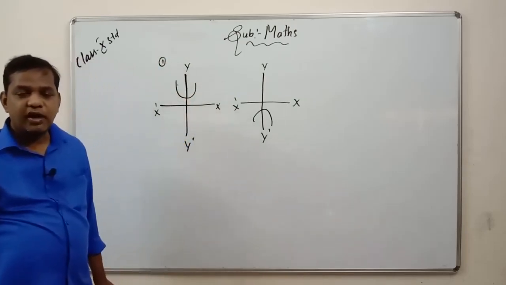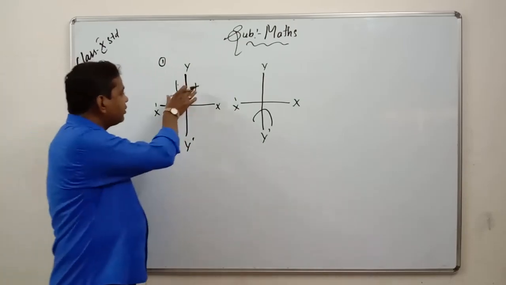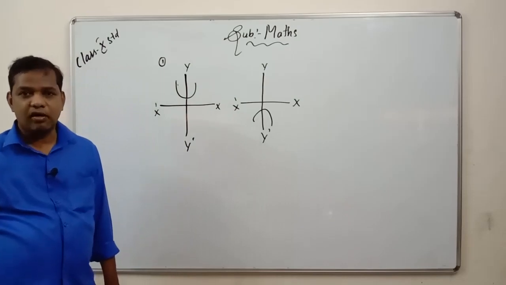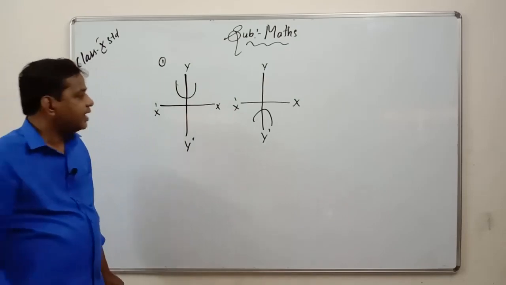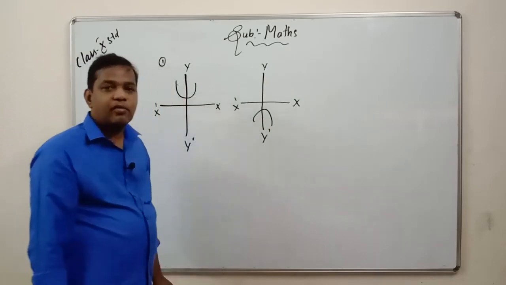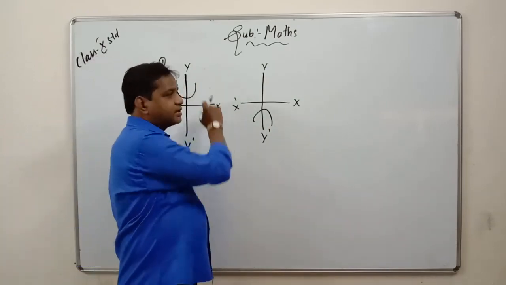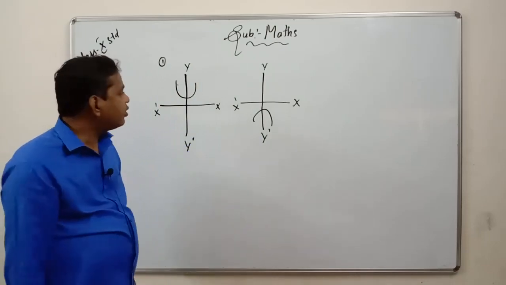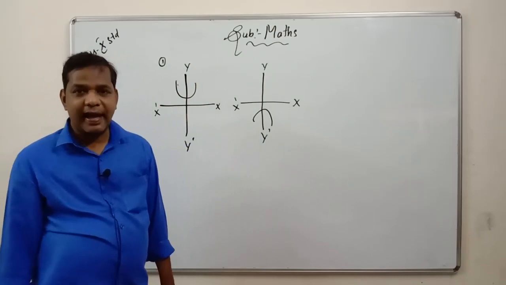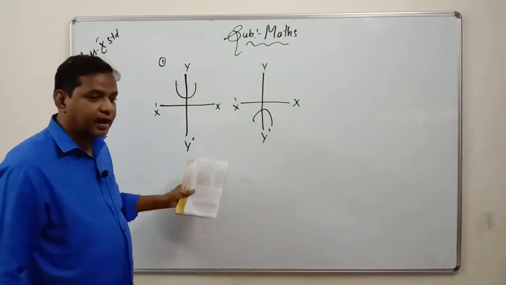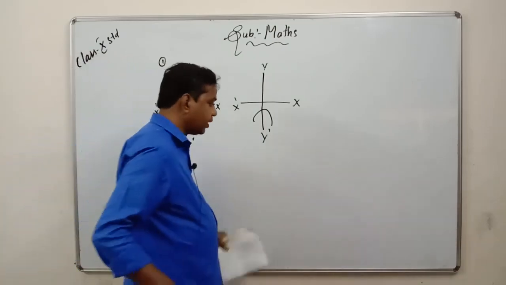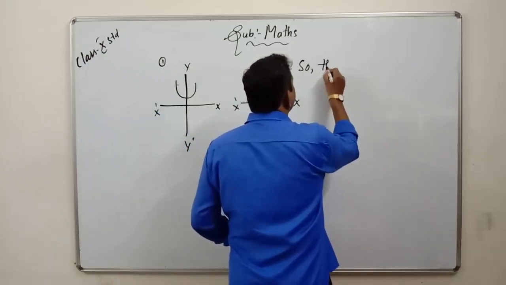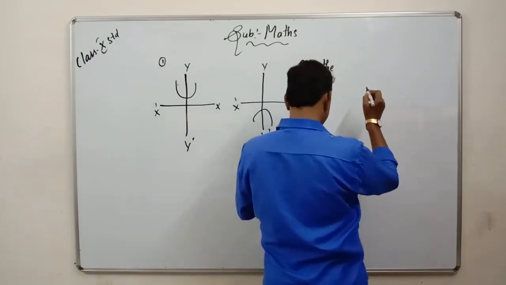I told you when the parabola touches the x-axis, only then can you find the zeros of the polynomial, or else it is very difficult, you cannot find them. In the second case also you can see the parabola is below the x-axis, while the first is above the x-axis. So in these 2 cases we don't find the parabola touching the x-axis. So what do we say about these polynomials? Write down the quadratic polynomial.